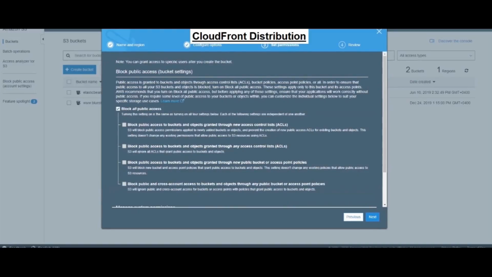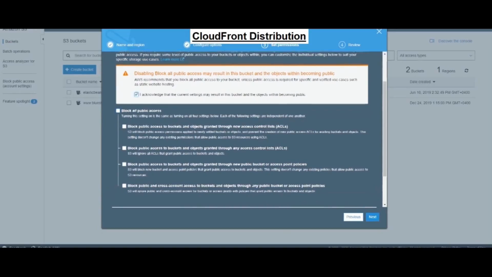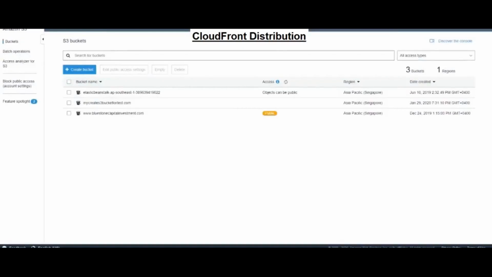Here we will make a little change in the block all public access. We will uncheck this one, and in the acknowledge I will check it. Then click next and create bucket. We can see that the bucket is created now. So I will open it